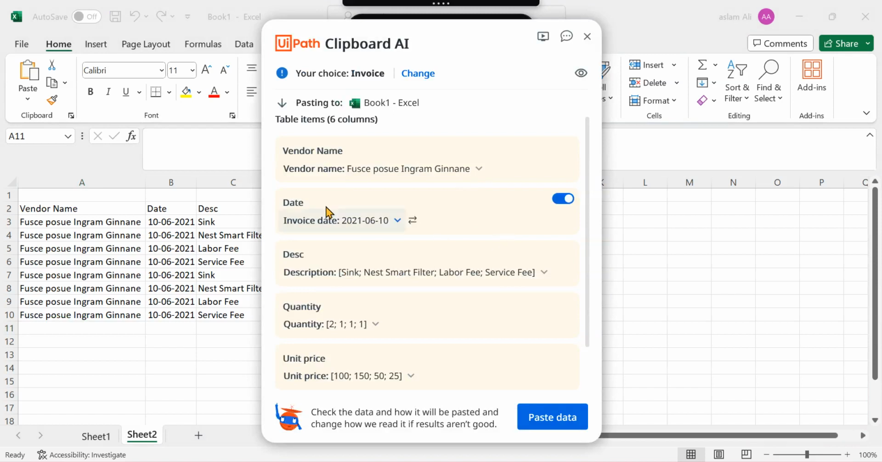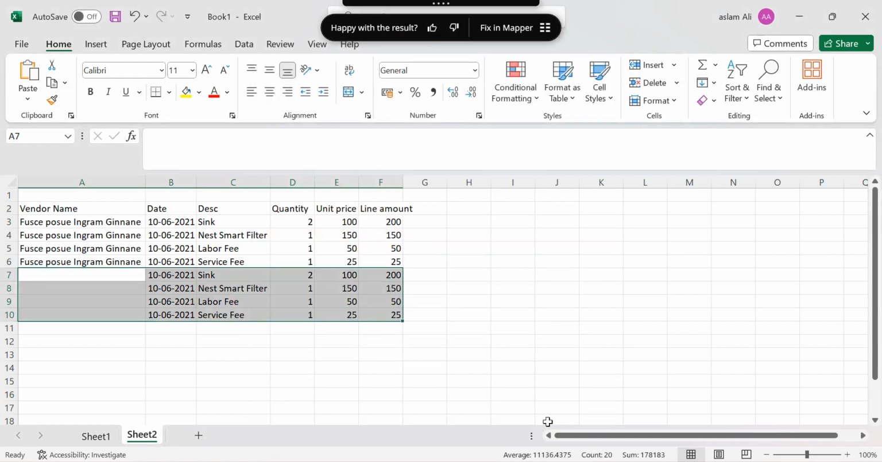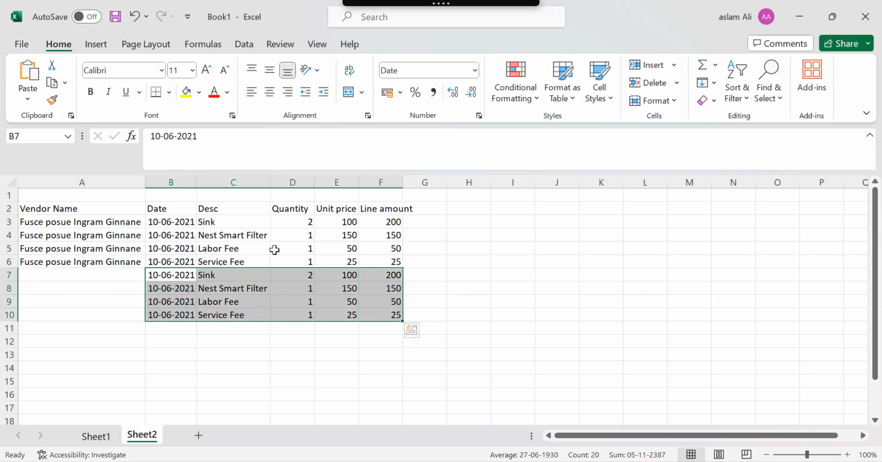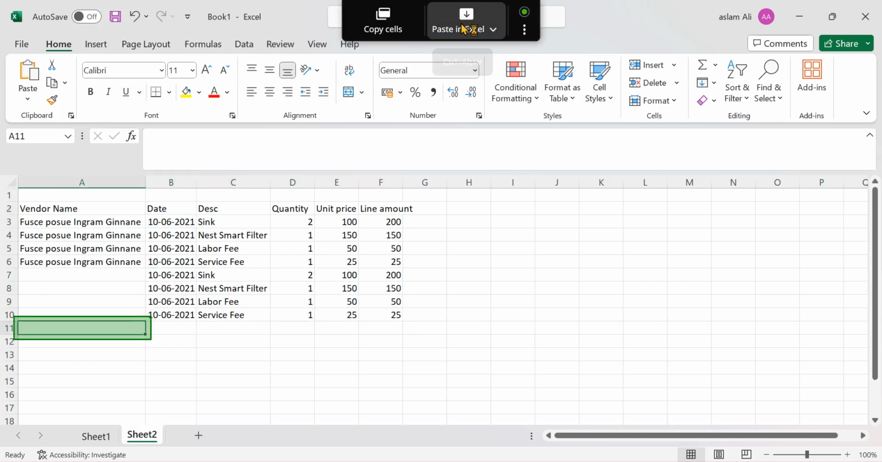Suppose I don't want to paste this vendor name or date, or description. Suppose I don't want the vendor name, I only want the date. So I need to click off and simply click on paste. If I click paste, you just see the data was gone, right? It was not pasted, but other data is correctly placed in the correct column name. If I highlight here and click on paste